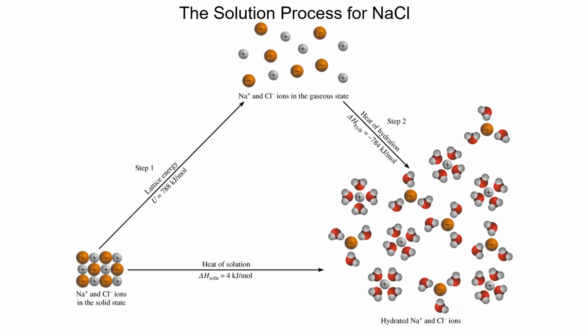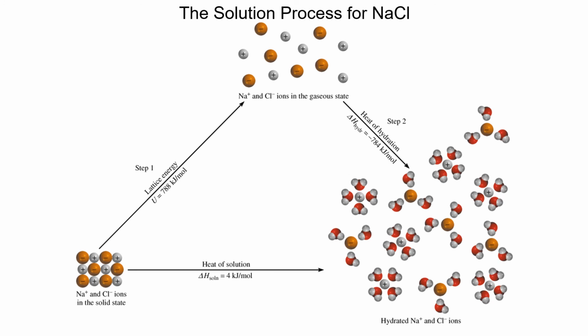Now we're going to take a look at heat of solution, or the dissolving process. And the example here is using sodium chloride. But we're going to apply Hess's law. And basically, what we're going to do using Hess's law is related to the Born-Haber cycle. And you can review that in your text if you wish. But your text asks you to imagine this dissolving process in 2 steps,